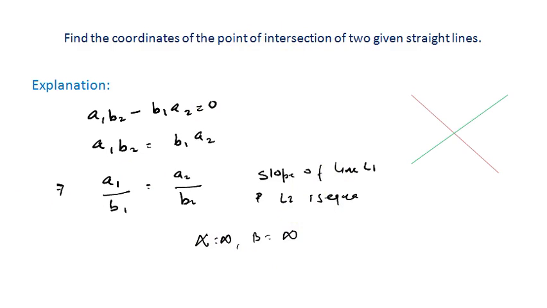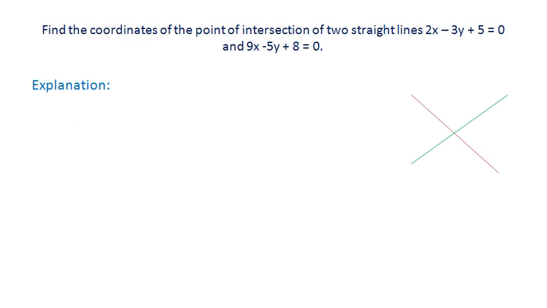Okay, so from here we also find out the condition that two lines are parallel if their respective ratio of coefficients of x and y are the same. So this is the condition for parallelism, which we had discussed already in the previous class. Now we will move to the next class.